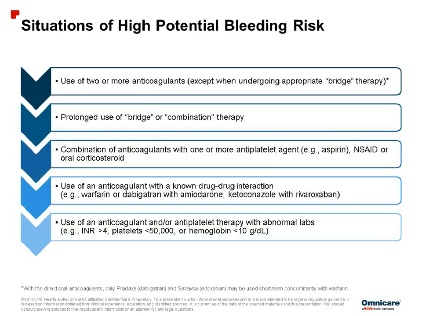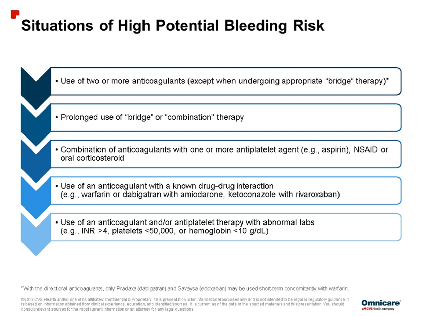So this slide identifies situations of high potential bleeding risk. These occur more often than we think. Just in my warfarin dosing services, these situations are prevalent. For example, firstly, the use of 2 or more anticoagulants, except for appropriate bridge therapy. Secondly, a prolonged use of bridge or combination therapy. Thirdly, combinations of anticoagulants with 1 or more antiplatelets, example, aspirin, Plavix,